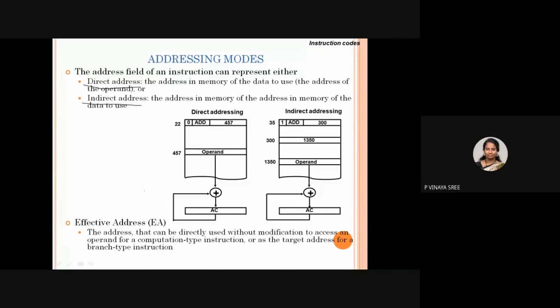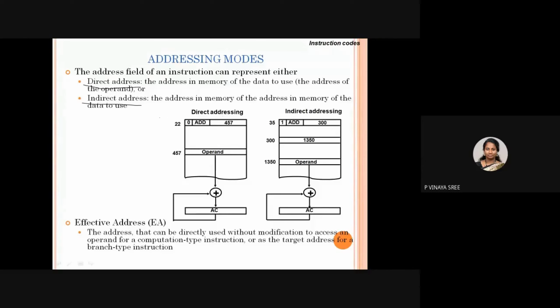Before that, when explaining previous topics, I explained effective address. Can anyone answer what an effective address is? Yes, the address in which there is direct data. This is the actual address, using which you can get the direct data, as the effective address.